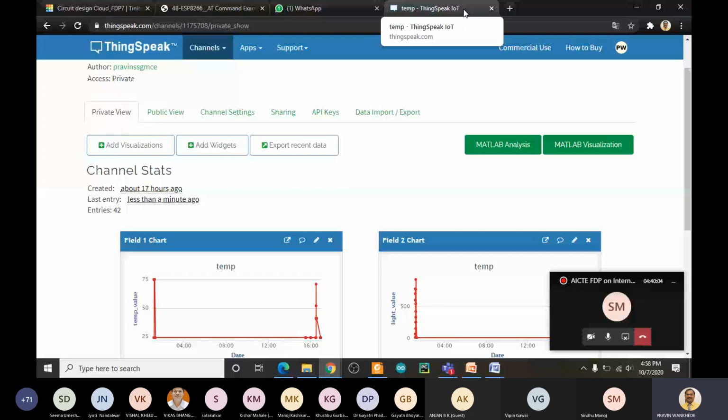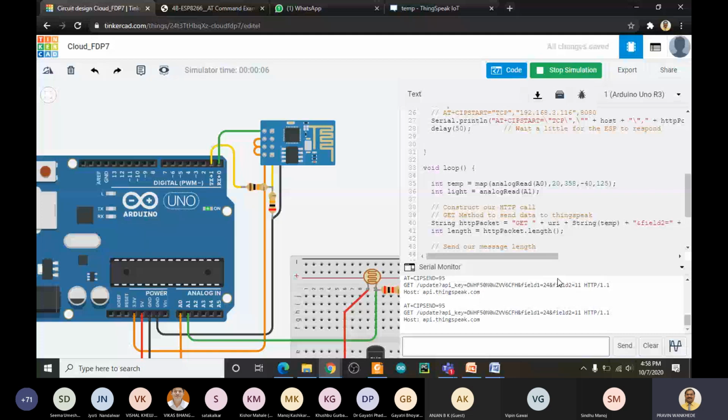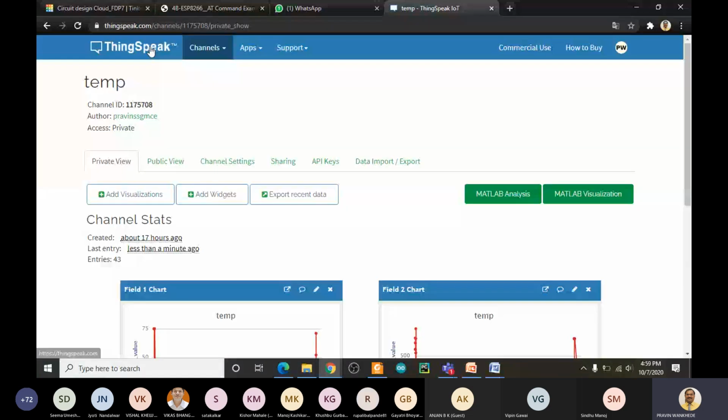Okay, so let me see how this Wi-Fi module is sending data to this cloud. What you have to do is open an account on ThingSpeak.